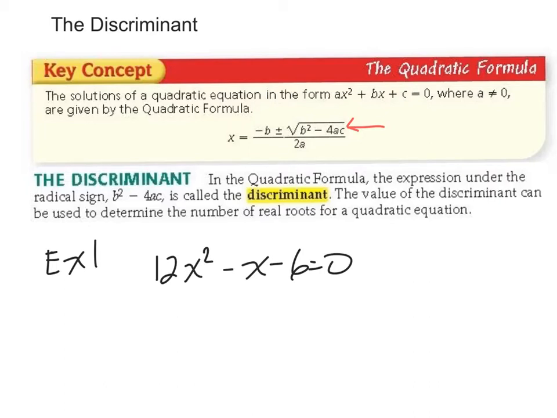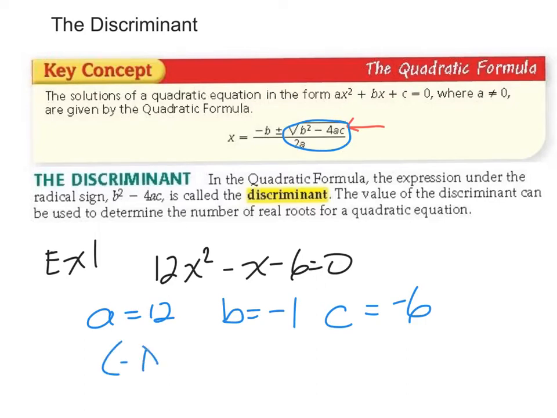Your worksheet is formatted in a very friendly way where it's already all in standard form. So it's going to be easier to identify. A is 12, B, the coefficient of x, is -1, and C, the constant, is -6. And so we can plug and chug into our formula. All we need from the formula is the b squared minus 4ac. So -1 squared minus 4 times 12 times -6